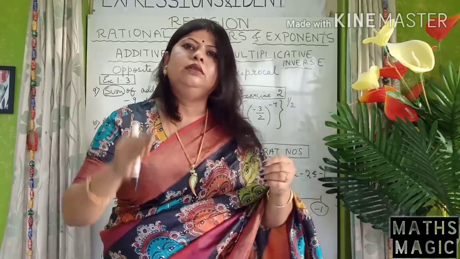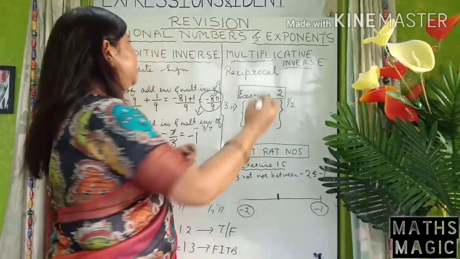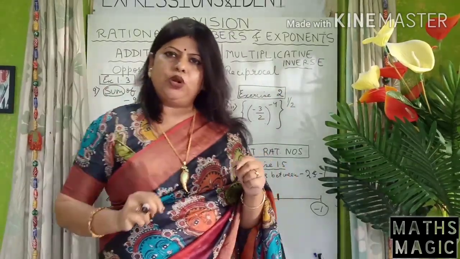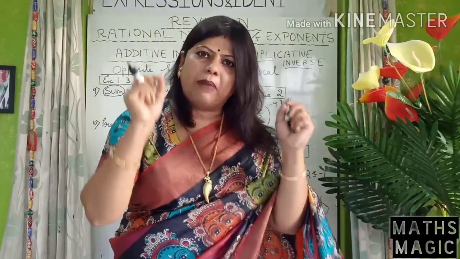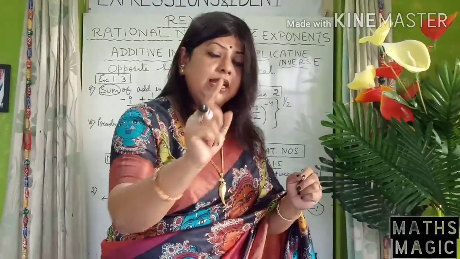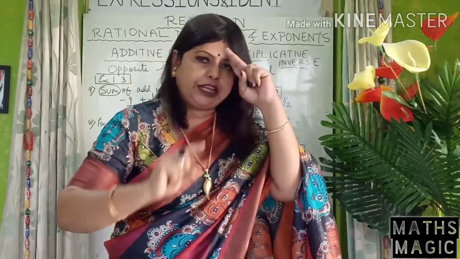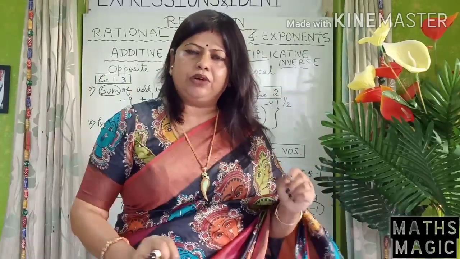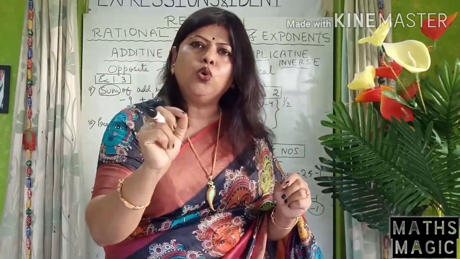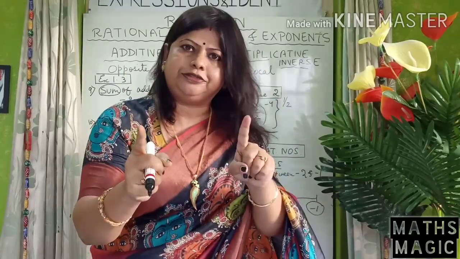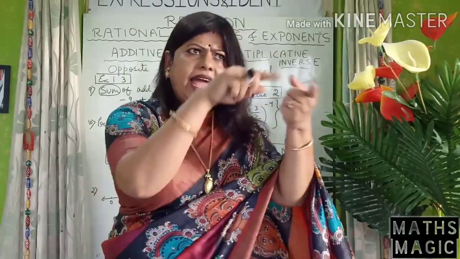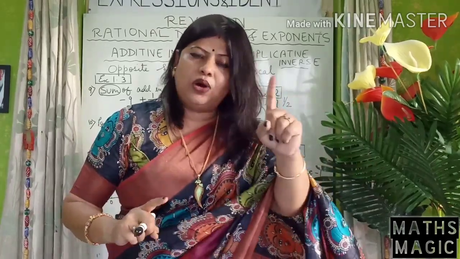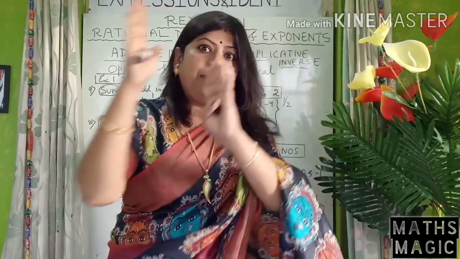Multiplicative inverse is reciprocal. Now students, here itself I am doing one question from exercise 2, that is exponents. When you come to questions on multiplicative inverse in exponents and you have a negative power, listen carefully. When you already have a question with a negative power, the first and foremost thing you have to do is change the power to positive. What students confuse is that I have already reciprocated, so my answer is done. No. When you have a negative power, the first step is you change the power to positive.